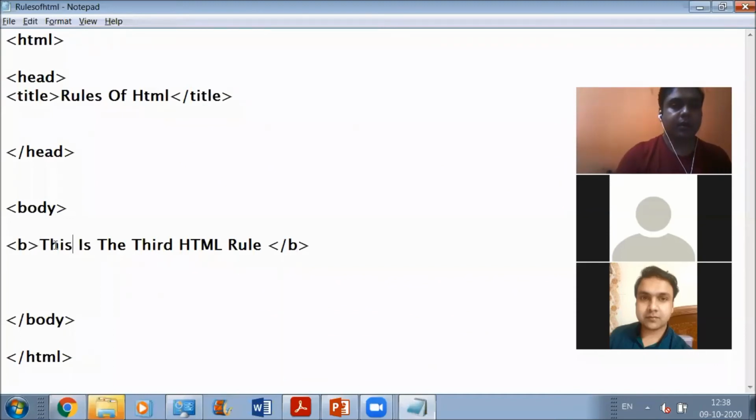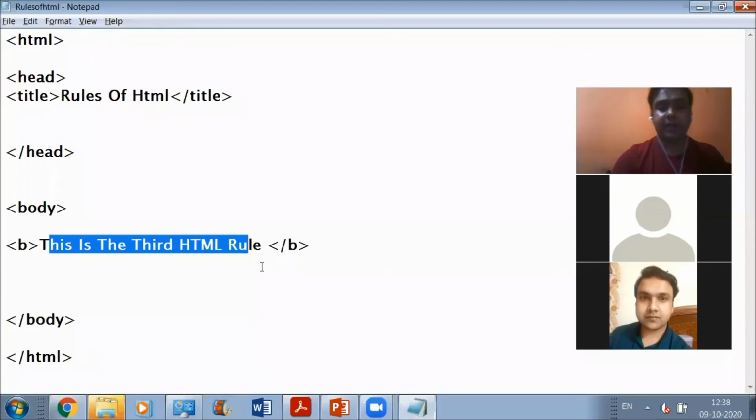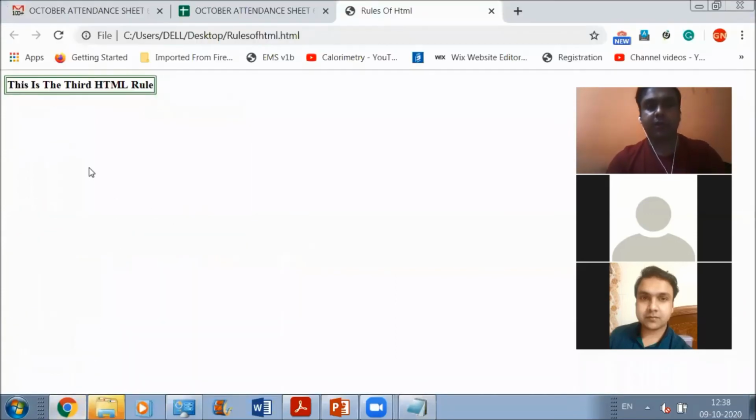If suppose you have made use of this bold tag, okay, for making this text reflected in bold letters on this output web page. So this is the output that you are going to get. Okay, everything will be in bold.